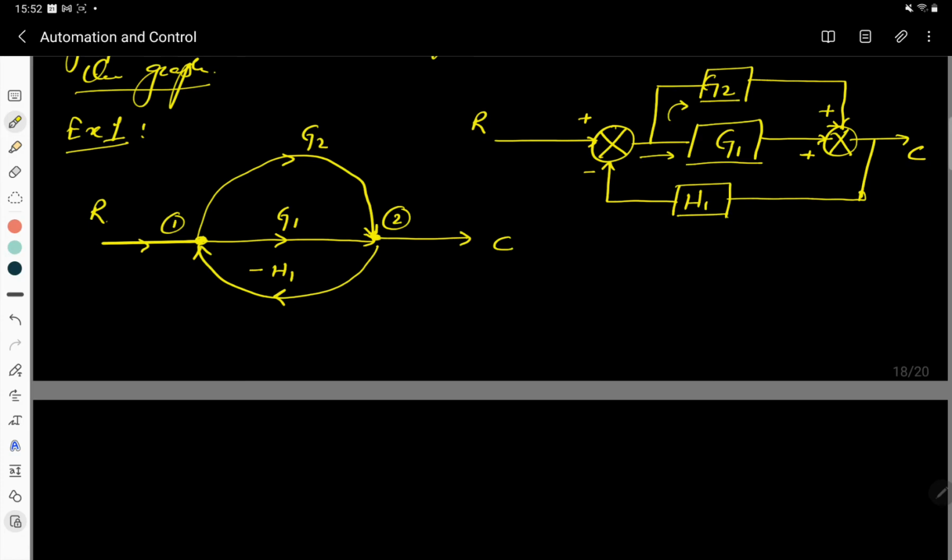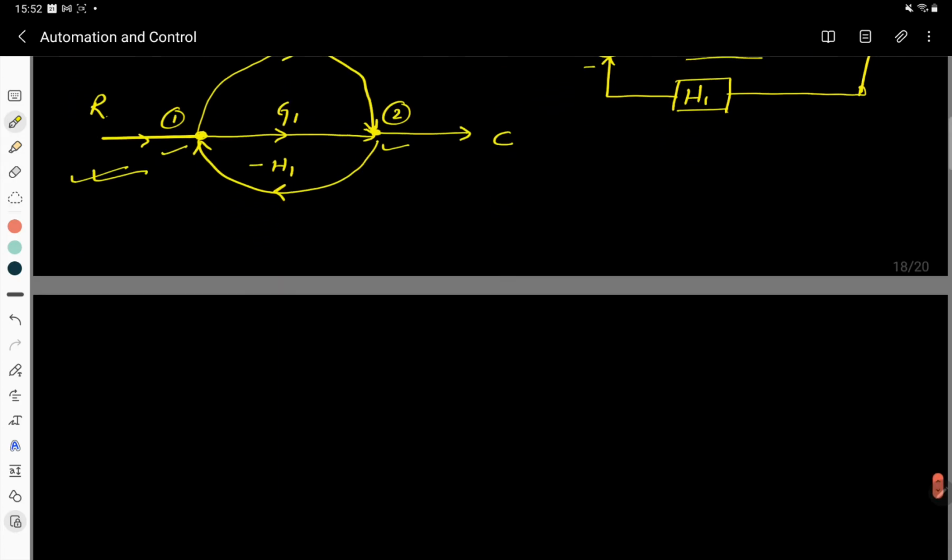Okay, so this is our signal flow representation. We have represented the adjacent summing points and takeoff point, before and after the block G1, as node 1 and node 2. Now we join nodes 1 and 2 by lines, indicating the respective transmittances as given in the block diagram, and the resulting signal flow graph is here on the screen.